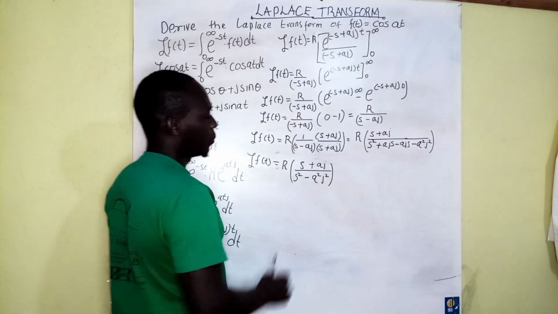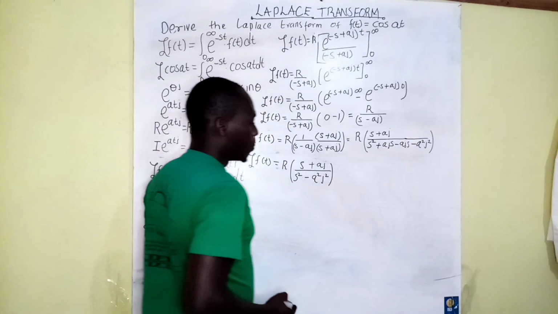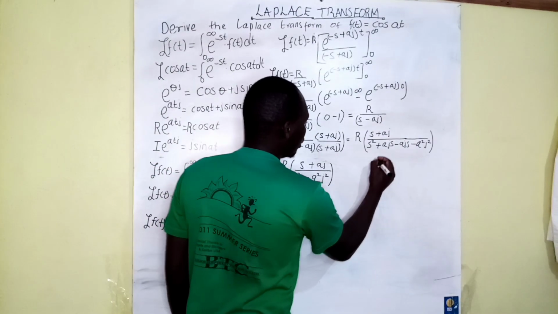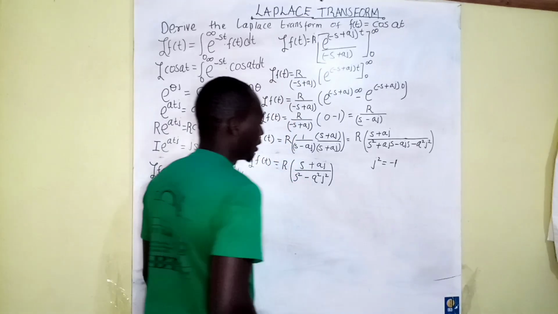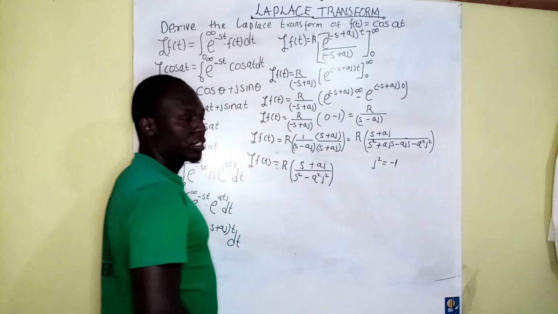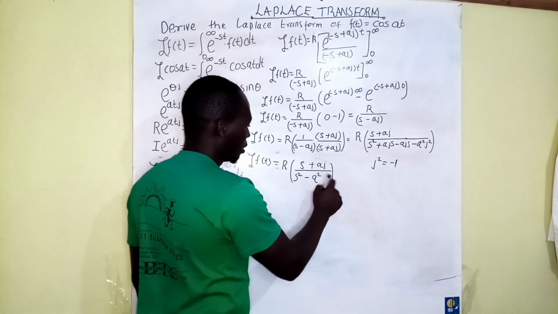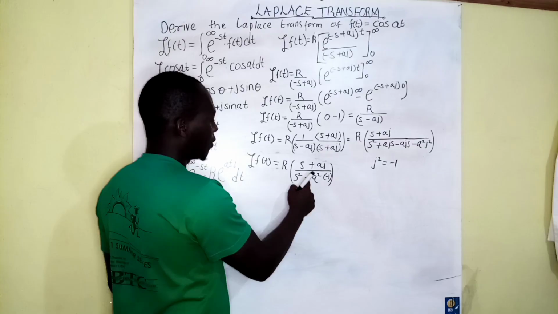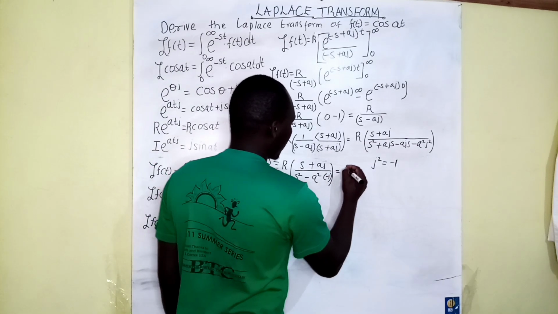At this point, we can do away with the j squared by using the complex number formula, whereby j squared we understand equals a negative of 1. When j squared equals a negative 1, we can come and replace j squared here with a negative of 1, multiplied by whatever we are having there. We are now going to have r